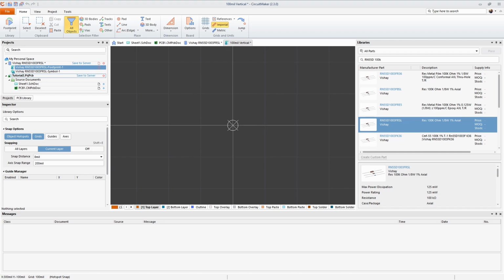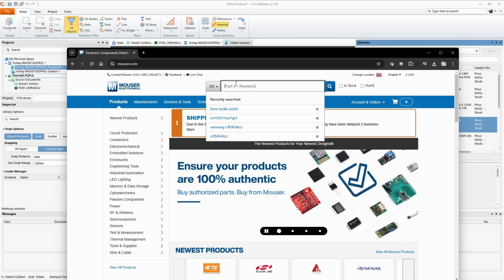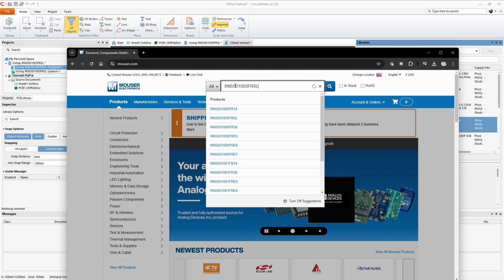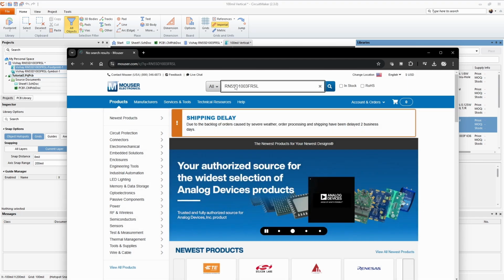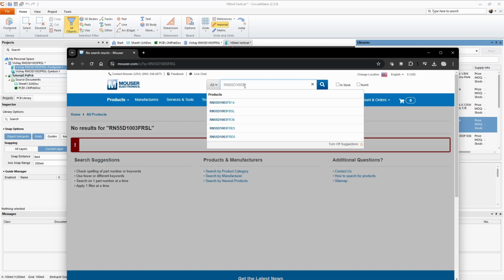Before you actually start creating a footprint for any part, you should definitely open the datasheet. Now, in this case, you don't really need to. If you're doing an RN55D resistor, you can just follow along with me and the datasheet that I open. But I want to show you where I get this information from. I'm going to go to mouser.com and enter in this part number. Press enter to search. This one did not show up, so instead I'm just going to search for